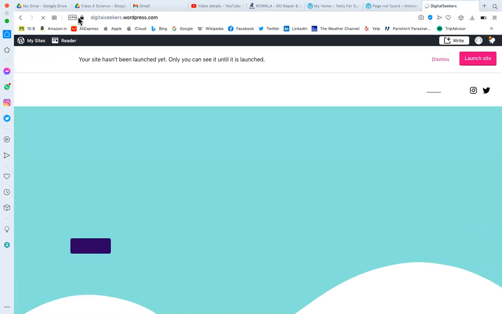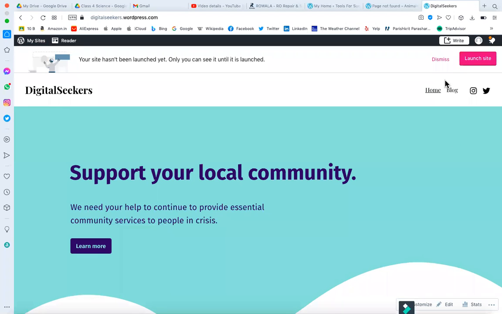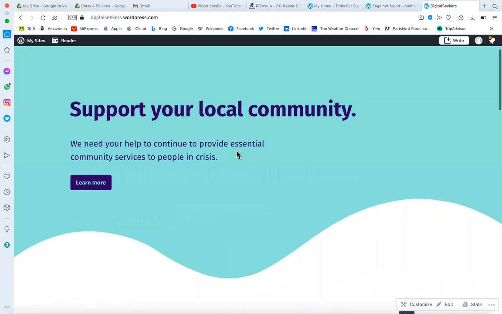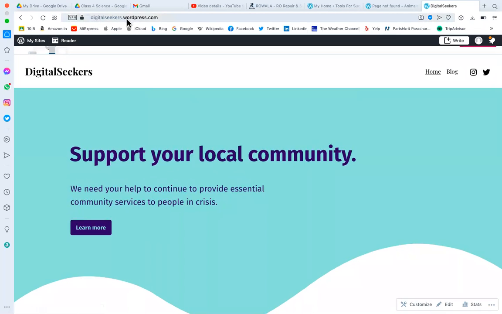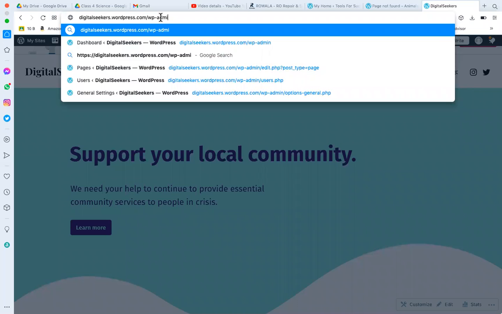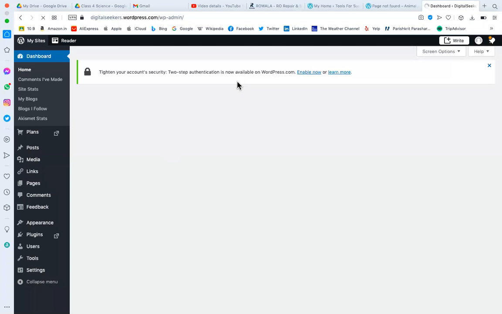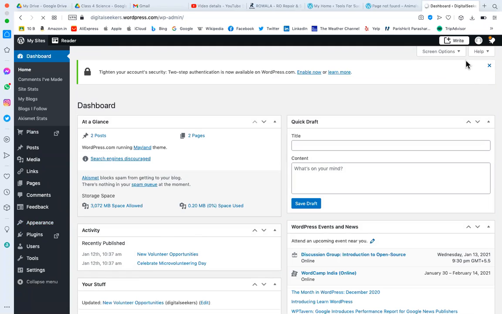In Digital Seeker, first and foremost, today we will create a few categories. If you remember, yesterday we created pages. Today we are going to create a few categories. So first you will open your website digitalseeker.wordpress.com, and to make any kind of change in your website, you have to open wp-admin. This wp-admin section will allow you to make any changes in the website. You can create posts, media, links, pages; we discussed all these things yesterday. If you want to make any changes, you can choose them from here.